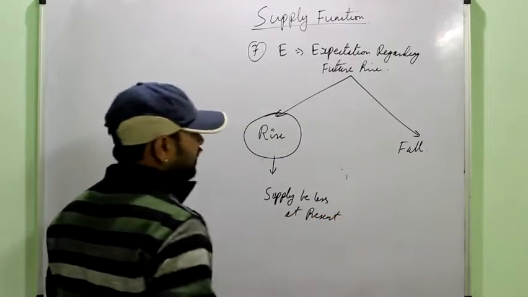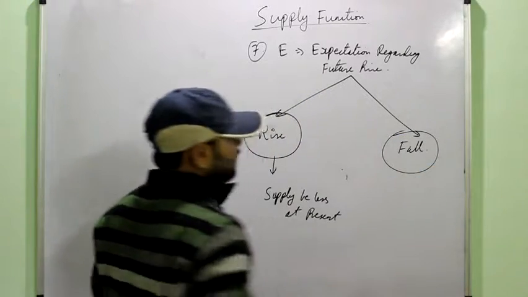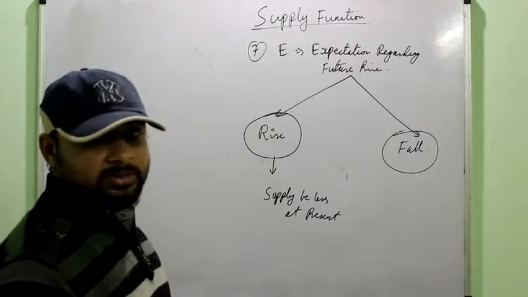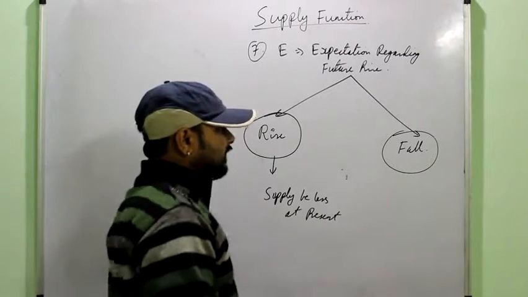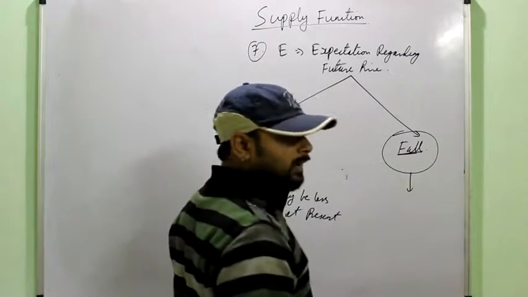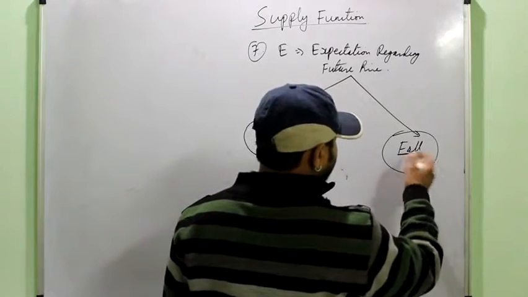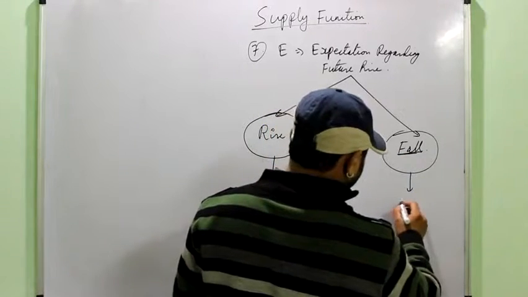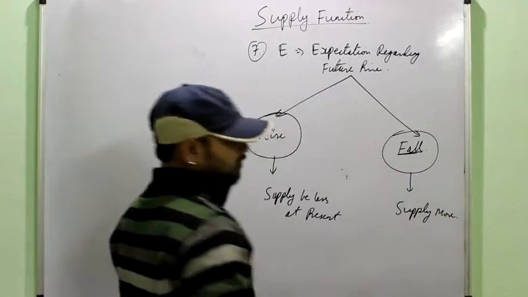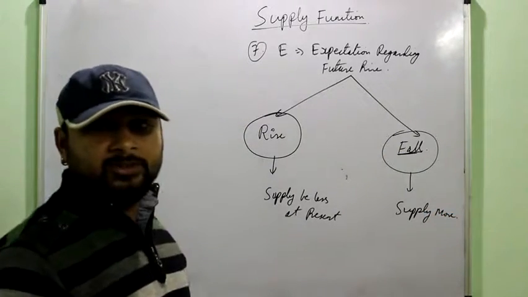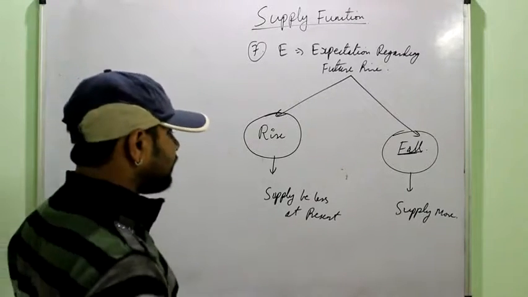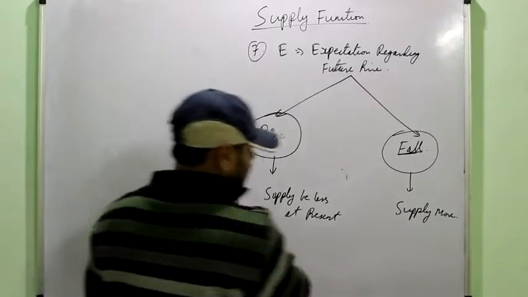While in case of expectation of fall in the prices, like you have seen, when the winter is approaching, the summer clothes are sold at a lower price, because the sellers know that in the future the buyer will not pay a higher price for them. So if he expects that there will be a fall in the price, then supply would be more, because he would also like to sell away the remaining stocks with him, so that he can earn maximum profit at this point of time. Simple explanation regarding this.